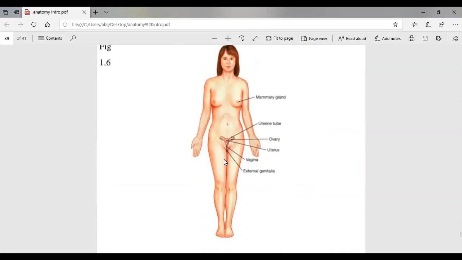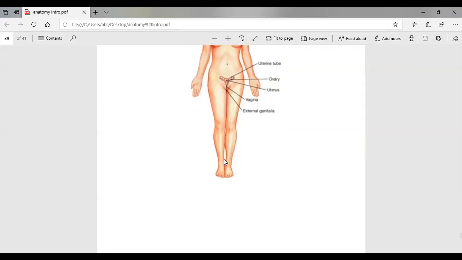This is a rough diagram from outside. If you see the projection of the female reproductive system, it consists of the uterus, the small organ in the center. Then there are uterine tubes. These are two pipe-like structures which join to the ovary. Then there is the vagina, and whatever is visible from the outside is called the external genitalia. And also the mammary glands become a reproductive organ once the child is born, right? So these are the different female reproductive organs. Let's go ahead to the male.